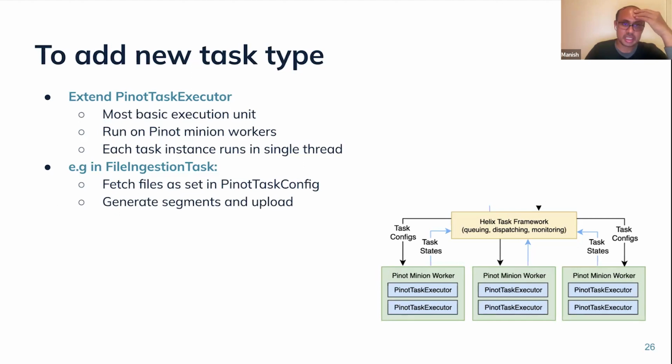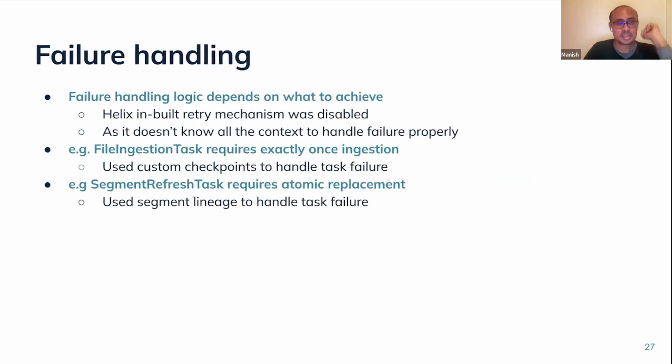So for the executor, you can extend the executor, and that's how the executor functions. I think I talked about it. Segment creation and upload. Failure handling is really important here. When you have a distributed system, say you're ingesting 50 terabytes of data, I'm just giving some number, there are so many tasks that are created. Tasks will fail sometimes. Some files might be ingested, and some files might just fail without getting ingested.